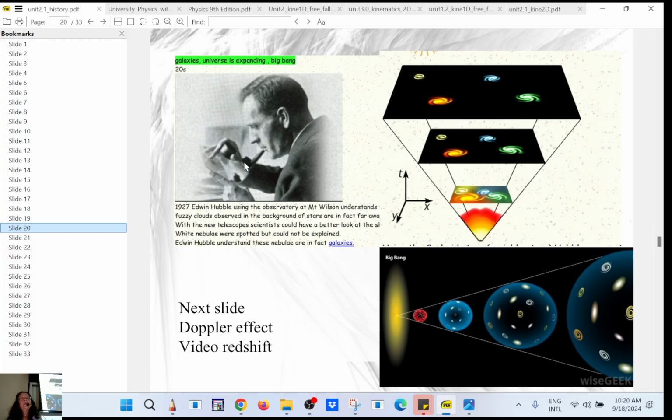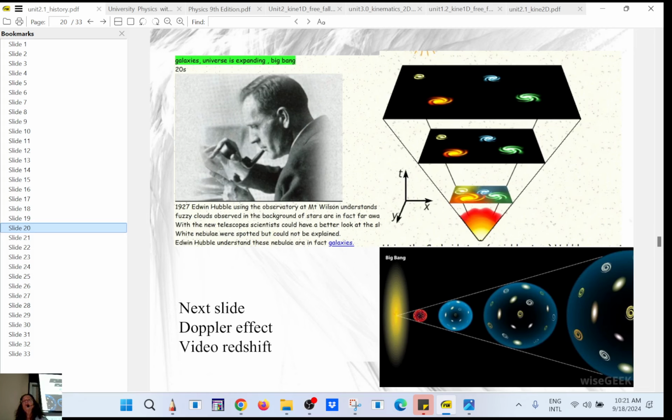He did that because he was observing galaxies. So first of all, he understood that we have many other galaxies, okay, besides our Milky Way. We have our Milky Way, but you could see nebulae. People thought they were nebulae, but actually they were galaxies. So he's the one who understood that. But the galaxies are moving away from each other. So how did he do it?